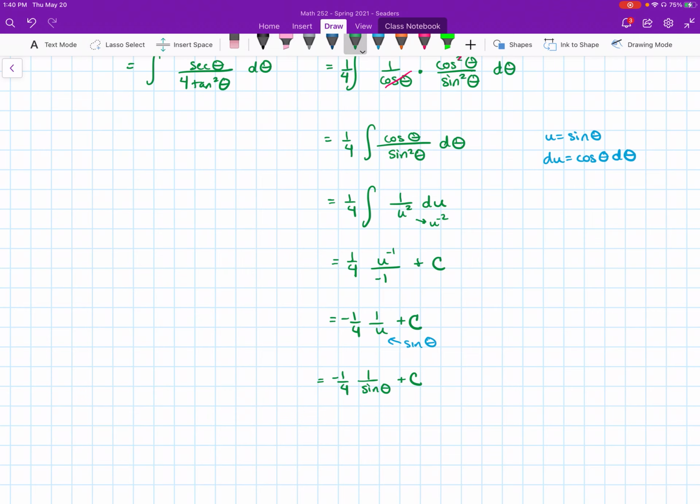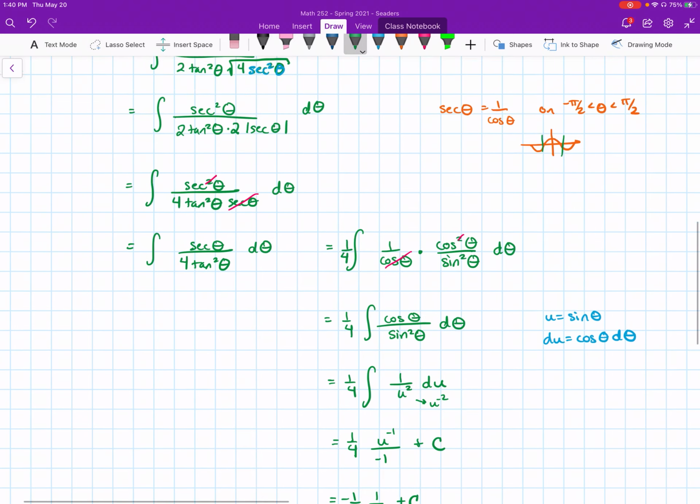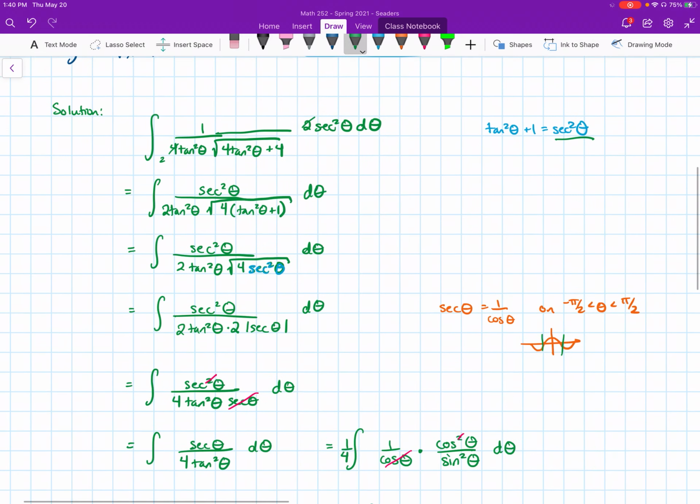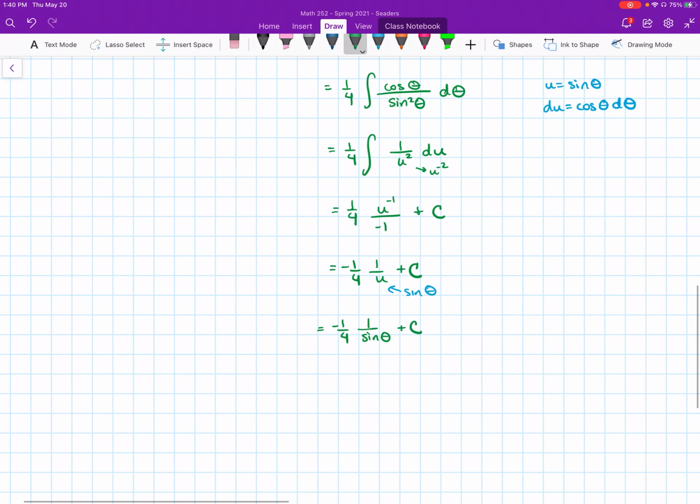But I actually didn't start with sine theta. I started with x's. I started with x is 2 tangent theta. So let's try to get back to what x is. So if x is 2 tangent theta, then x over 2 is tangent theta,